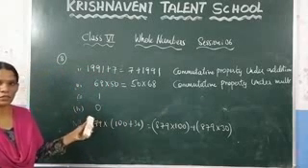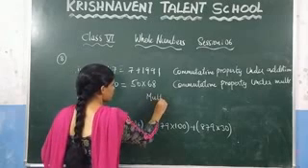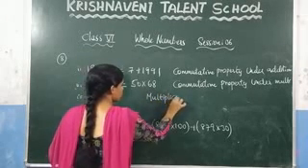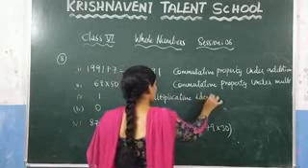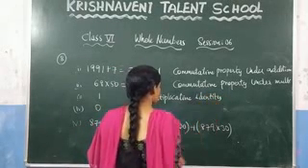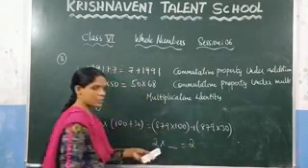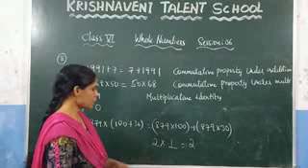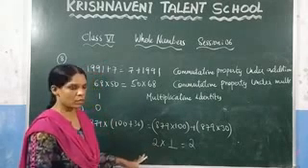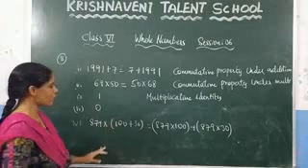So here the next one: 1. What do we call 1? We call it the multiplicative identity. What is meant by the multiplicative identity? If you consider any number, you have to multiply it by one number such that you get the same answer. Which number is that? 1. This is applicable to any whole number. So that one we call the multiplicative identity.